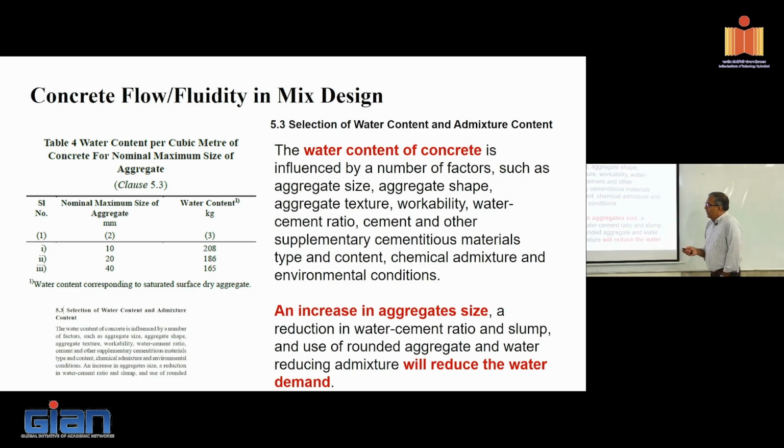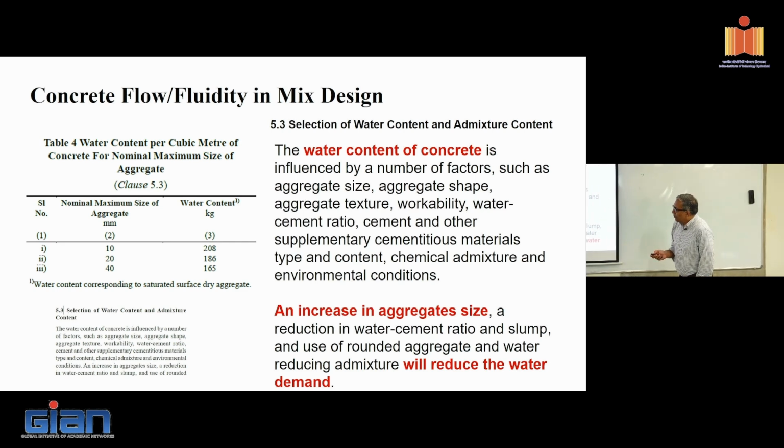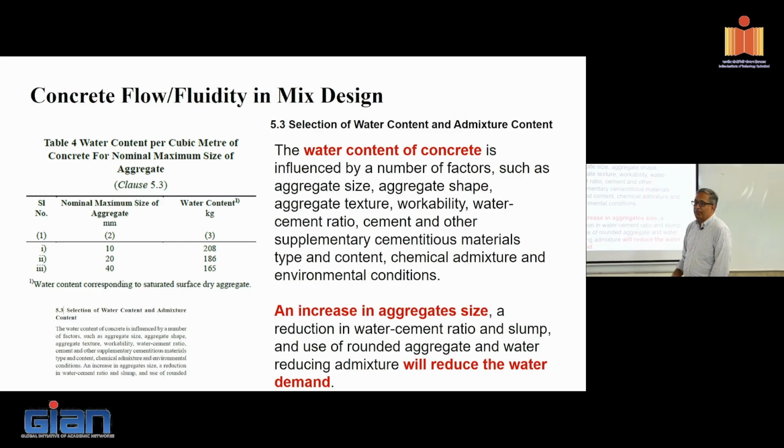Now, the way the code regulates it is by the water content. They stipulate water content which varies with the aggregate size. And you notice what happens here. When you go from 10 mm to 40 mm aggregate, the water content requirement actually decreases. Why? Surface area. So the effect of surface area is built into this Table 4 of the code. Intuitively, we should know that this comes from the packing theories that we learned from spheres, although we are dealing with irregular shaped aggregate.